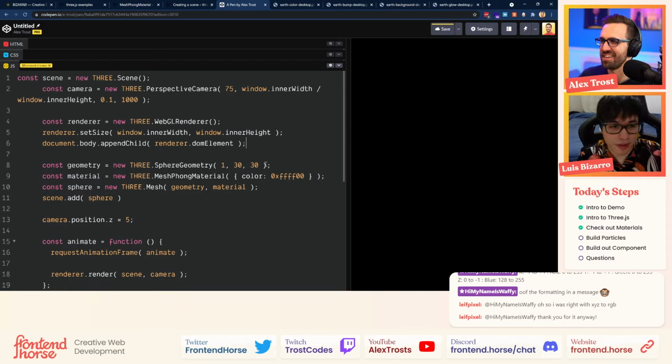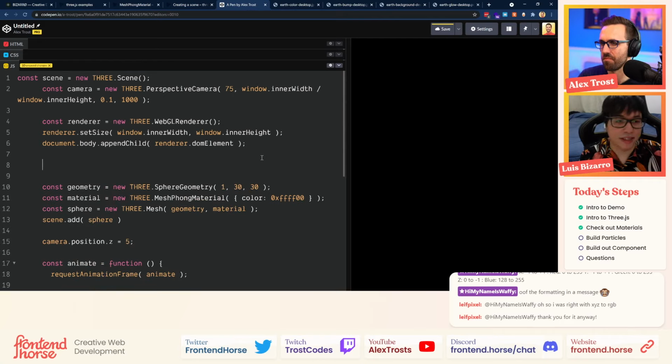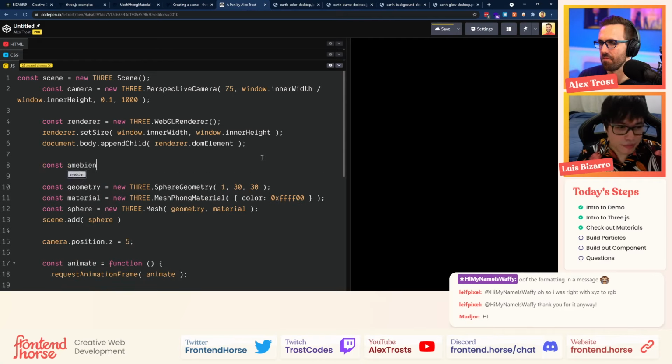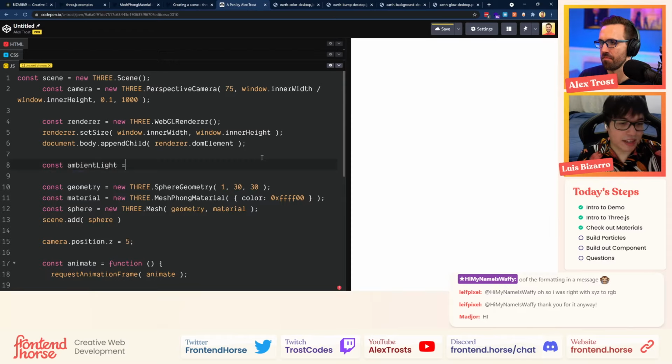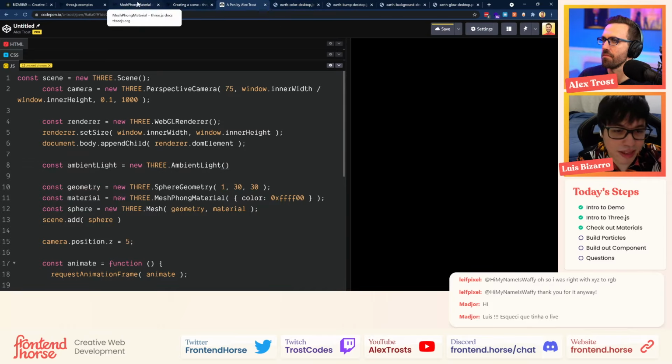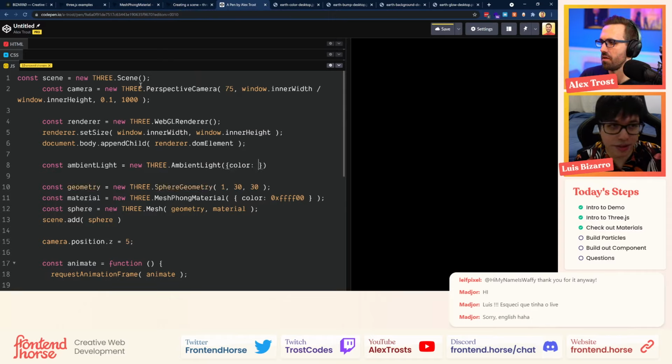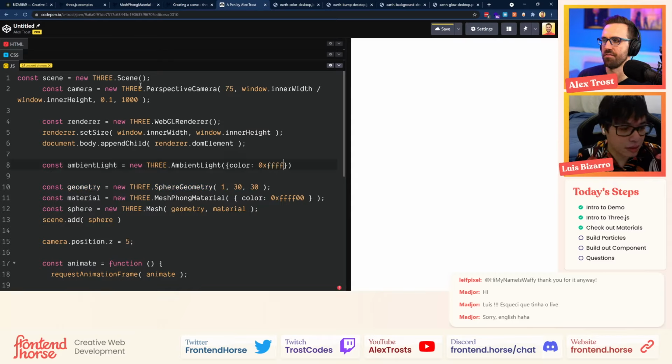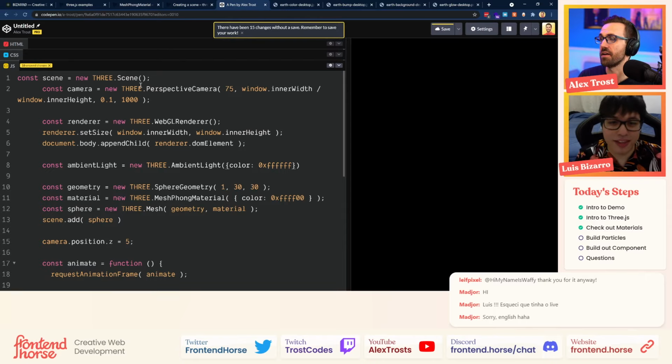Great. So you can just create const ambient light, and then a new THREE dot ambient light as well. We can check in the docs always, but I think you can just create a new ambient light, and you can pass a color to that. So 0xFF, and then the second argument is the intensity of that.